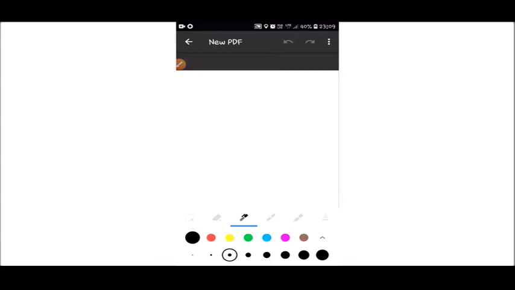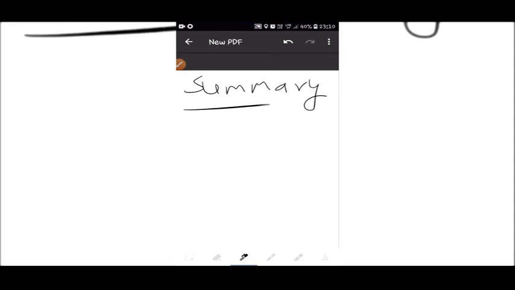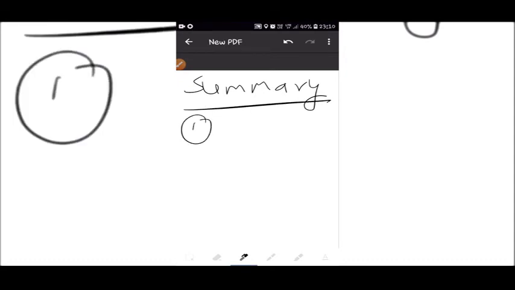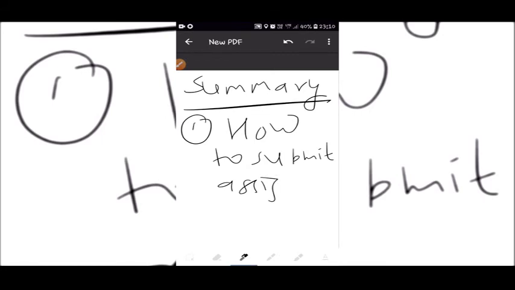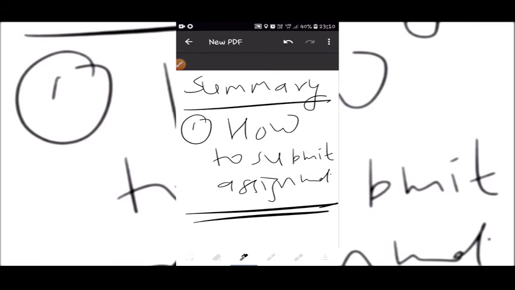For example, I will write summary, how to submit assignment. That's all. And after completing, you need to tap here and tap on save.